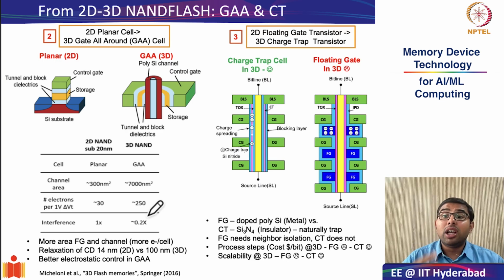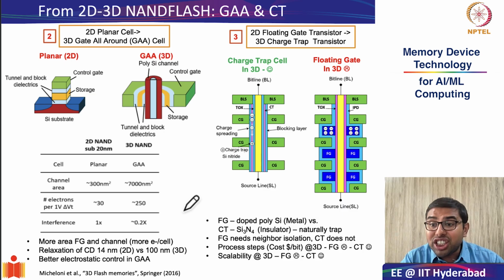Now let's discuss the third and probably the most important change. The most important change is transitioning from the floating gate architecture that we have been continuously studying to the charge trapping model. Why do we use the charge trap cell in 3D architecture? Let me tell you. Actually, the floating gate has much better reliability characteristics compared to even the charge trap cells. So what is the reason to still move from floating gate to charge trap when we go to 3D?